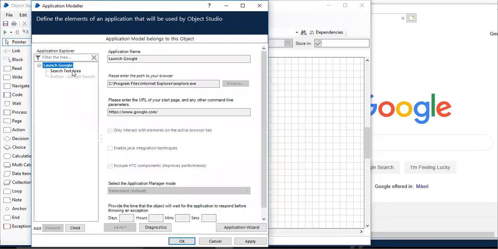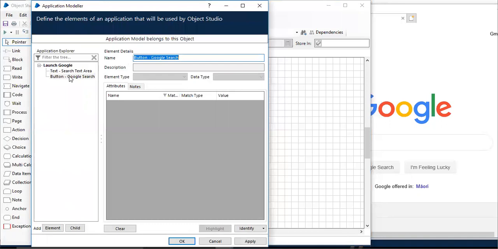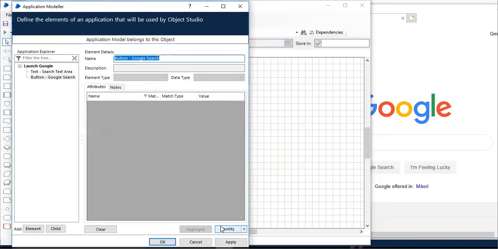It's good to have proper naming conventions for the elements as well. So the first one which I spied is a text area. The second one which I'm going to spy is a button in the Google search bar. So just add the name and click identify.